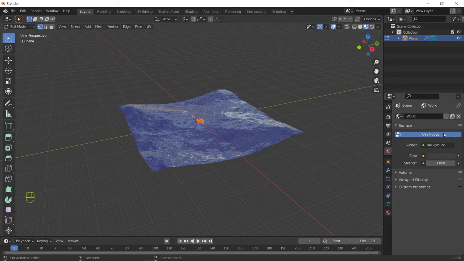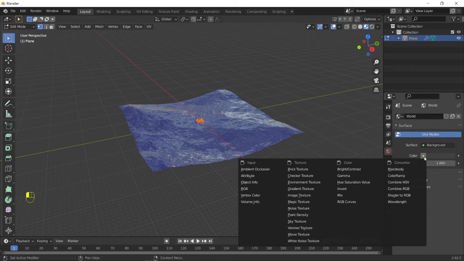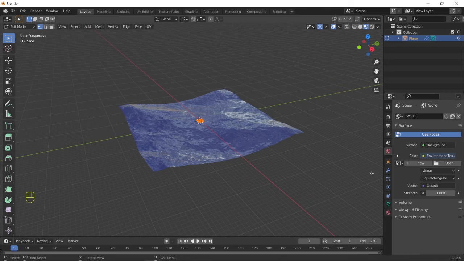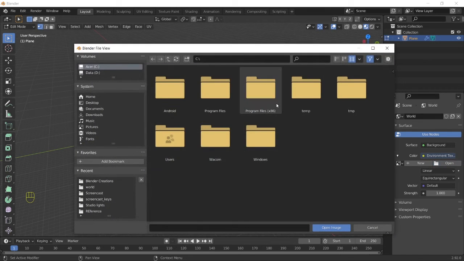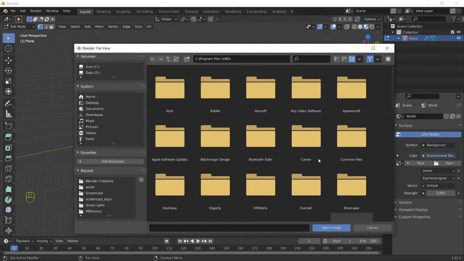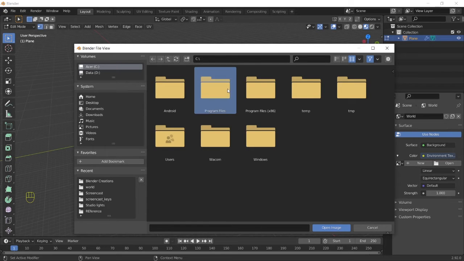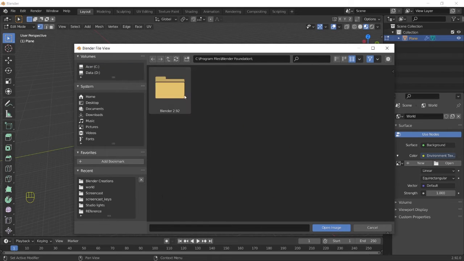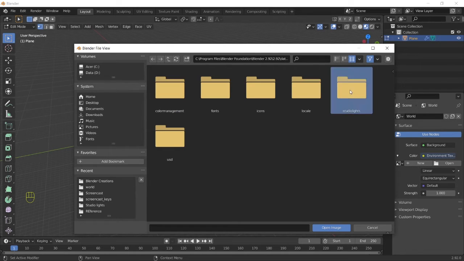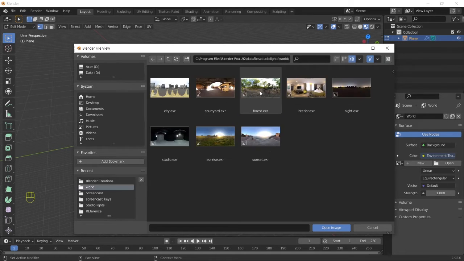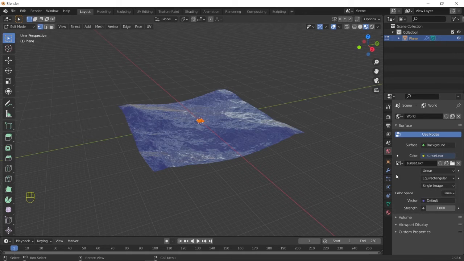Next, we'll go to the color section, and in the color section I'll select environment. I'll open up this environment. This will be in the program files. We go to the Blender Foundation and try to locate the studio lights. You can find it in this location. We'll go to the world settings, and let me choose something like a sunset, and then after we have chosen the sunset kind of look,